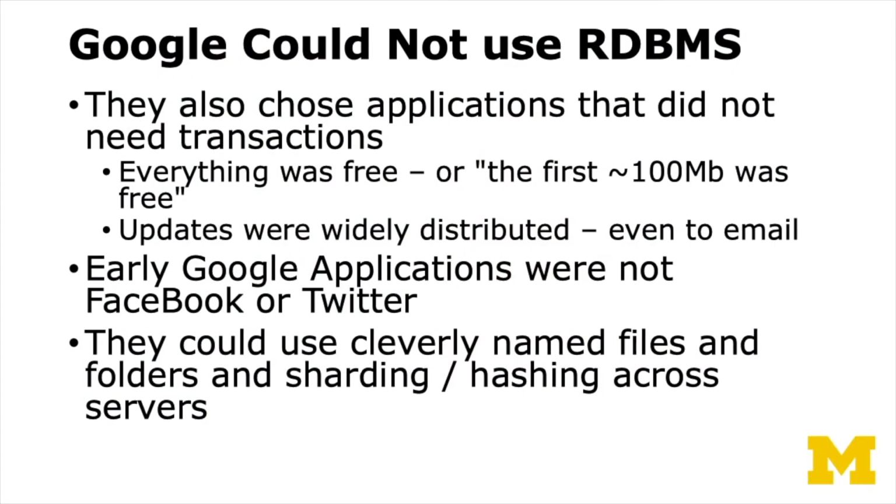And so the early Google applications were not Facebook, they were not Twitter, they were not connection oriented, they were just like, here's a thing for you and whatever. And so these systems used cleverly named files, used hashing, right? You can hash an email address, and that could be like a folder that has a bunch of files in it. Then you take the folder names and you hash them, and then you basically make it so that when you delete a file, it just rewrites that folder a little bit, right?